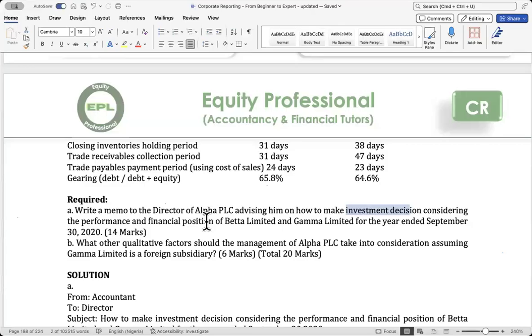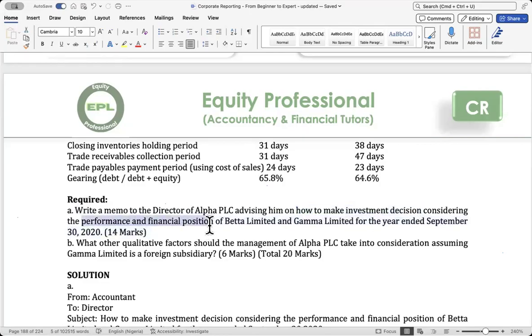Okay, so that means we have approximately 25 minutes for this particular question, right? 25 minutes for you to write a memo to advise the director on how to make investment decision,